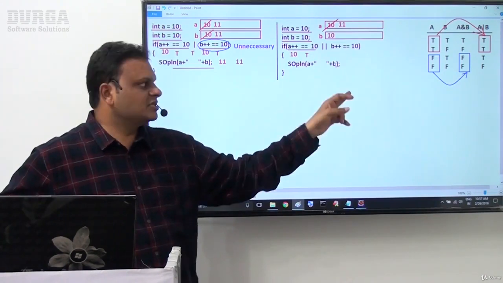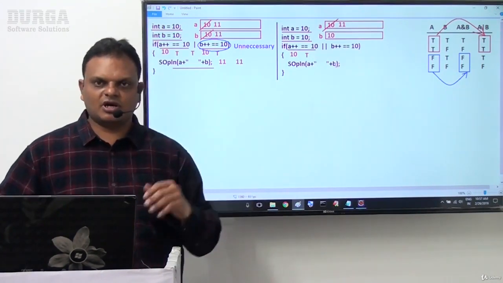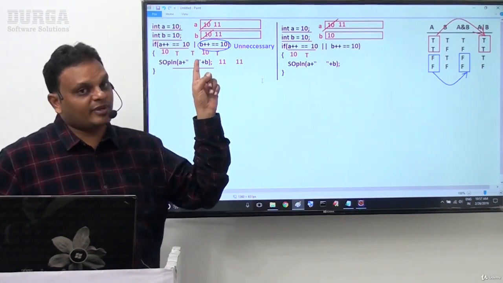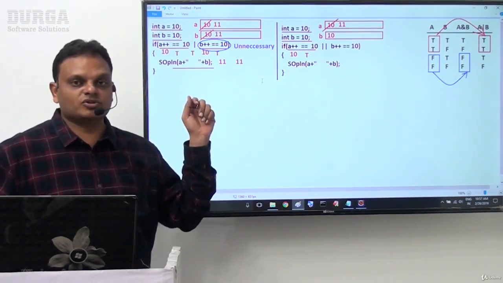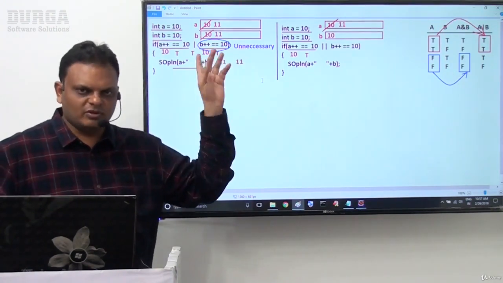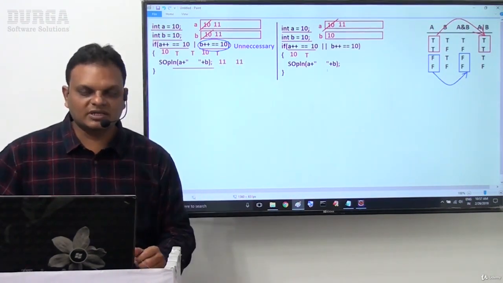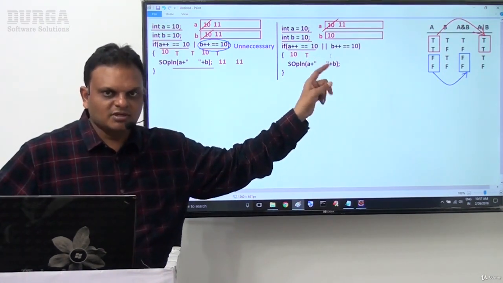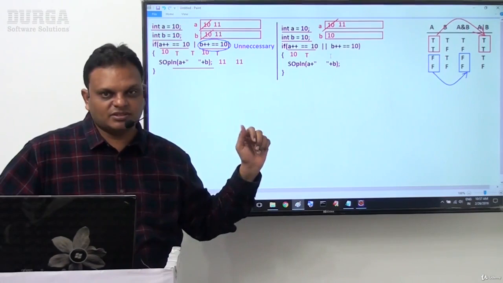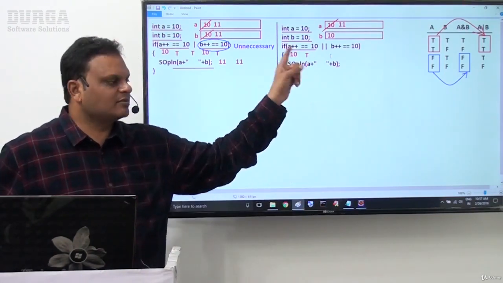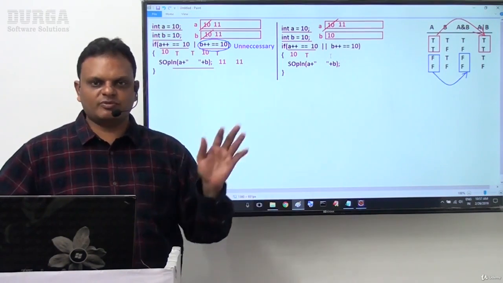Overall expression result may be which one is true, that we can conclude in the case of OR operation. But in the case of single OR, what happened there? Even though the first operand value is true, JVM is not satisfied with that. JVM must evaluate the second operand also. But in the case of this double OR operator, JVM is following shortcut mechanism. In the case of single OR, JVM is not following shortcut. But in the case of double OR, JVM is following shortcut mechanism.